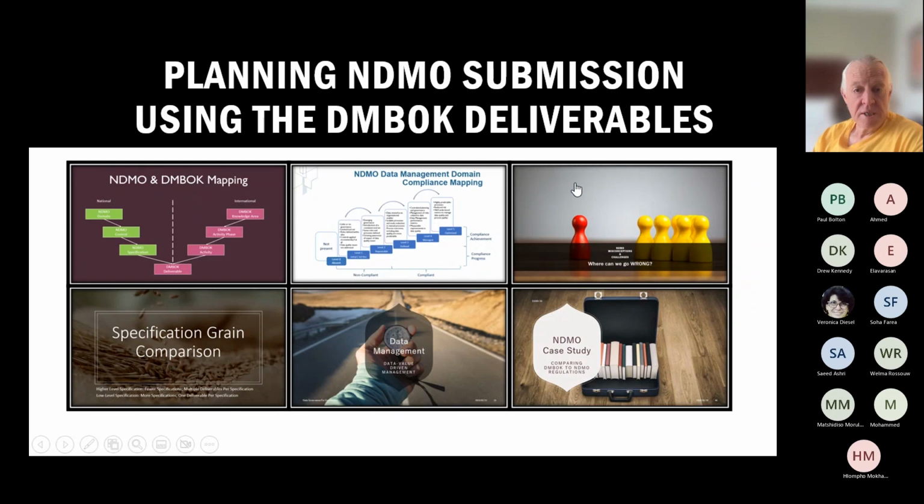Fantastic. As all of us go into this new data management career, what is helpful is if we keep mapping it to the DMBOK. That's the way we can demonstrate our career and what we call a personal data management portfolio. You can say, I've been able to create all of these different deliverables. Yes, we did the NDMO submission, but I've now been able to create the DMBOK submissions as well, and I've got some experience there as well. Yeah, brilliant.